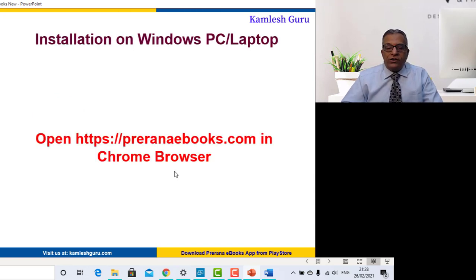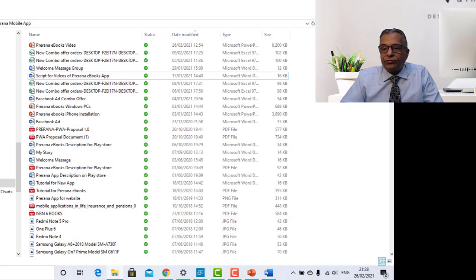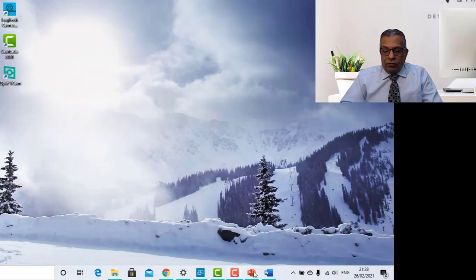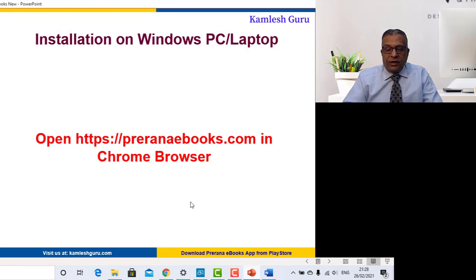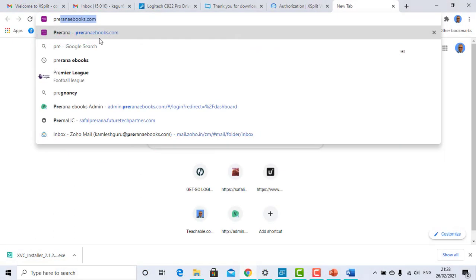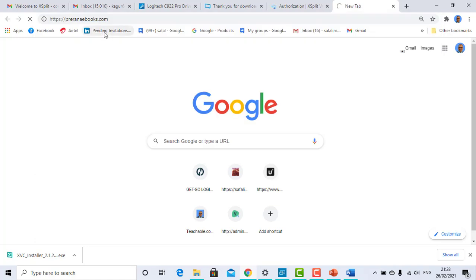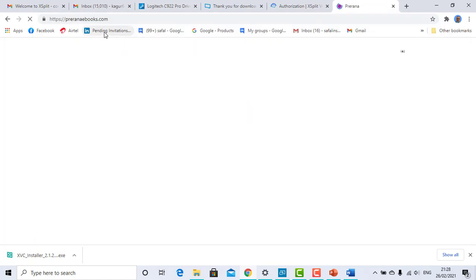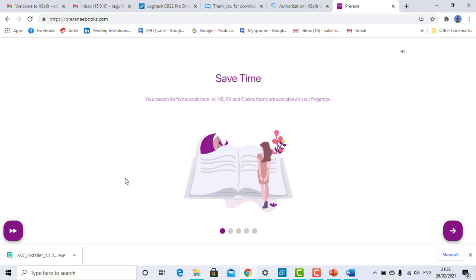Now let us see how to install the app on Windows PCs and laptops. For installation on Windows PCs and laptops, you have to open PrernaEbooks.com in your Chrome browser. Type PrernaEbooks.com in the browser, and Prerna eBooks opens.